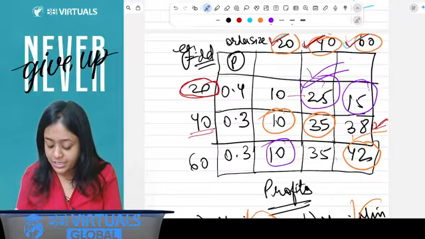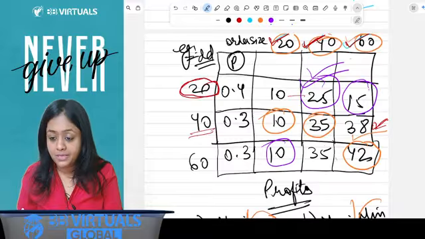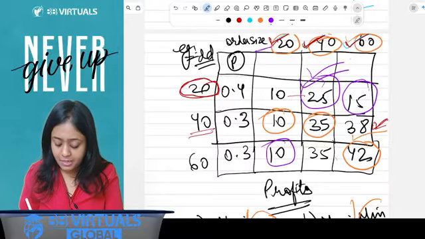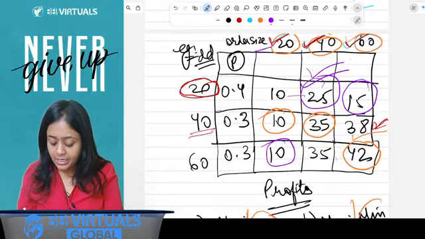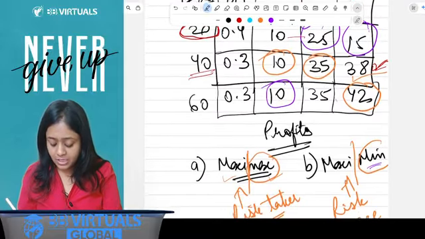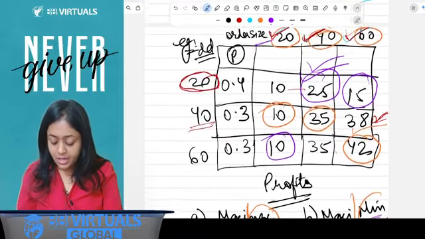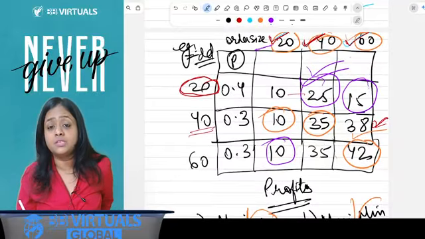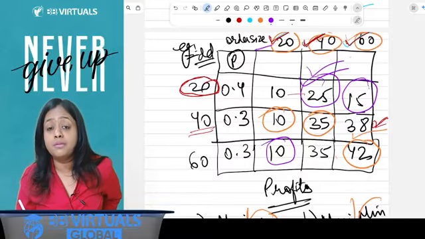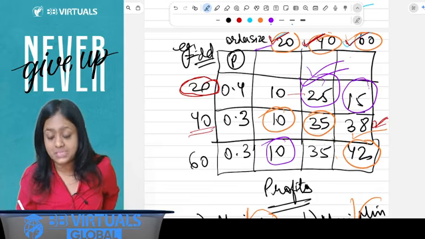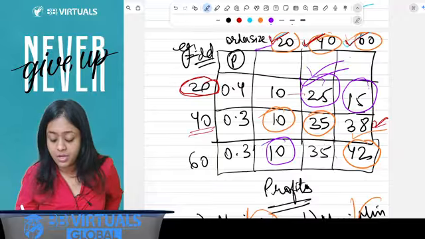Here the minimum is 15. For 40, the minimum is 25. And for 20 order size, the minimum is 10. 15, 25, 10. The minimum is 10. But he is a risk averse person. What is the formula that we use? Minimum, and from all the minimum returns, he will choose the maximum of that. Okay, so what is the maximum return of all that? 25. So he would go ahead with